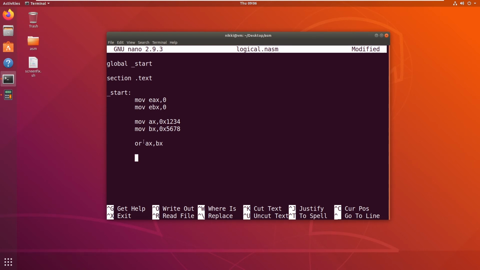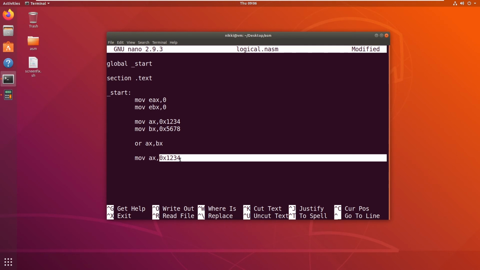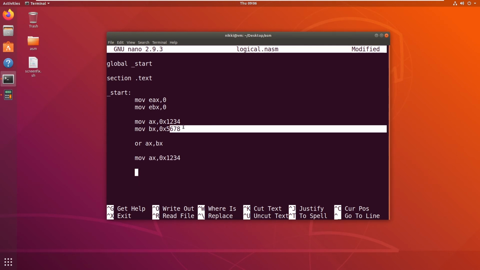This OR instruction performs the OR operation between AX and BX and stores the result in the AX register. Now since our AX register got modified, let's move the previous value in again. So our AX contains 0x1234 and BX contains 5678.